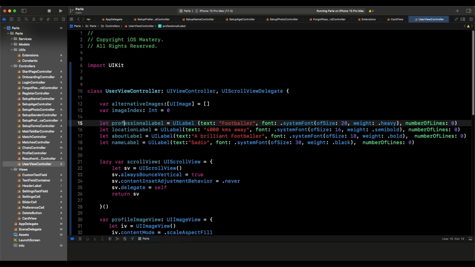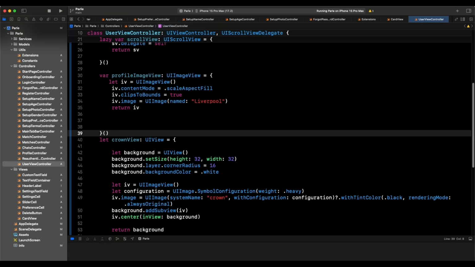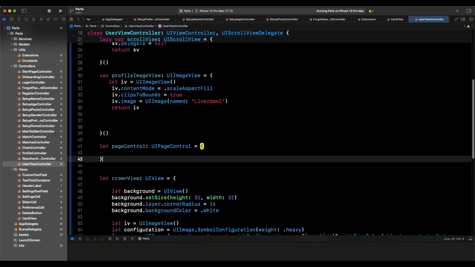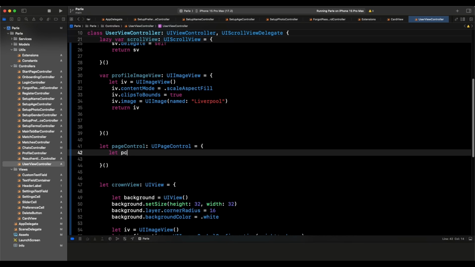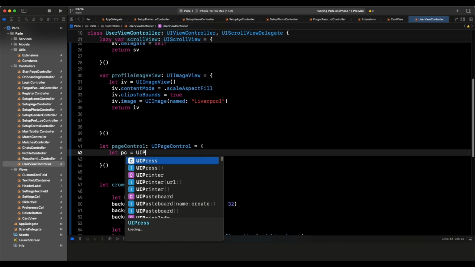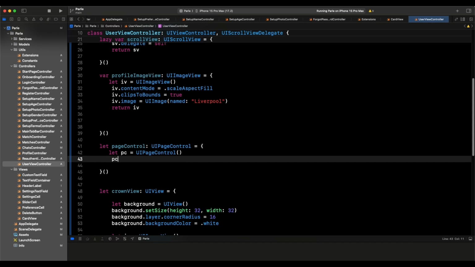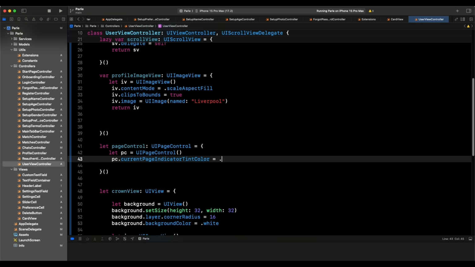And what's the next thing we need is going to be the page control, right? So we need a page control so that you can navigate between the various pages, right? So we have already seen how page control works. So let's do that and come here and we say page control. This is going to be UI page control, like so. Come here, do this, and we do that, and we say here let PC, this is going to be UI page control, like so, and we're going to say PC.currentPageIndicatorTintColor. This is going to be .system